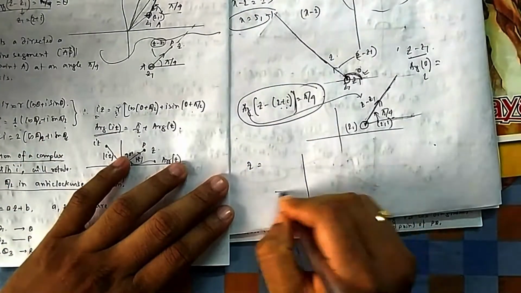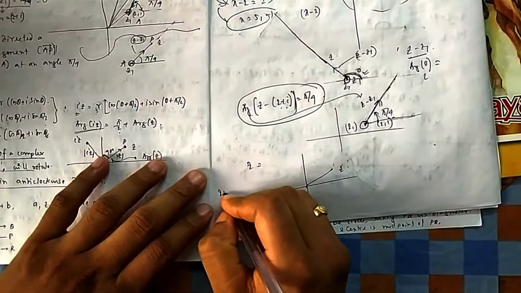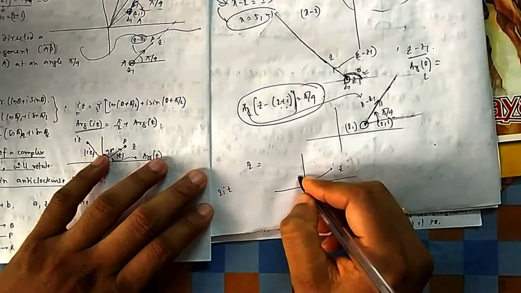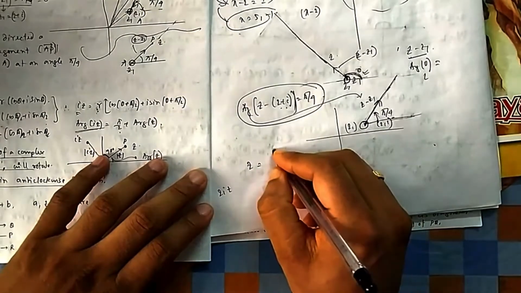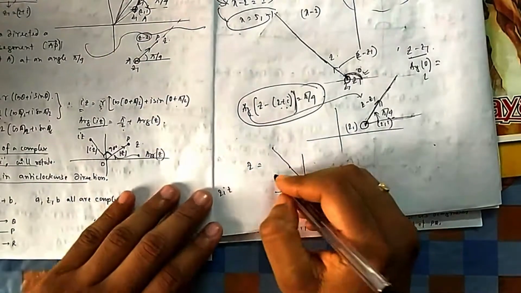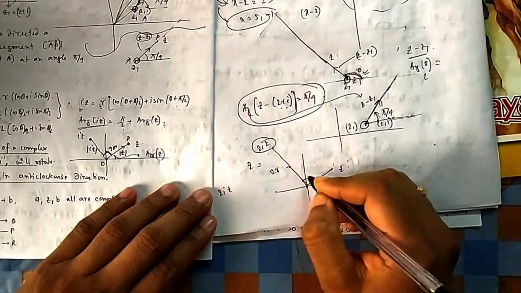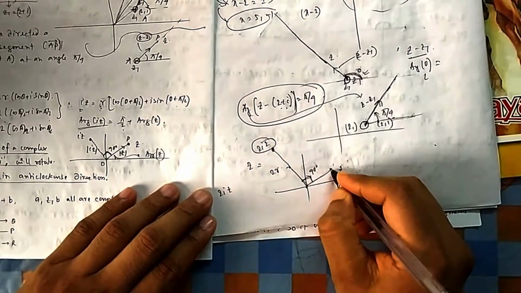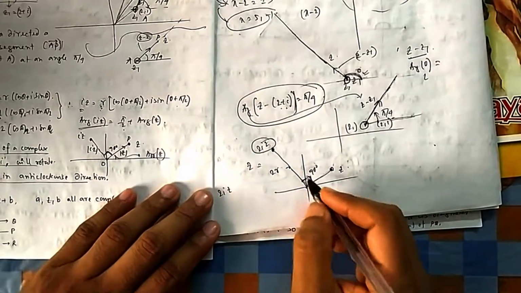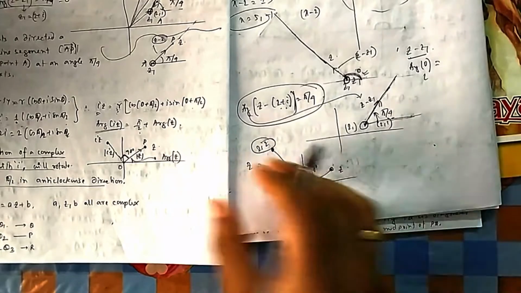So wherever your z is, suppose this is my z, if I multiply it by 2i, what will happen? It will rotate 90 degrees. Then if this is r, it will get extended to 2r. So this is 2iz, this is 90 degrees. This point will represent 2iz. This is z, and this point will represent 2iz. Multiply by i, rotate 90 degrees, then you scale it up by 2.